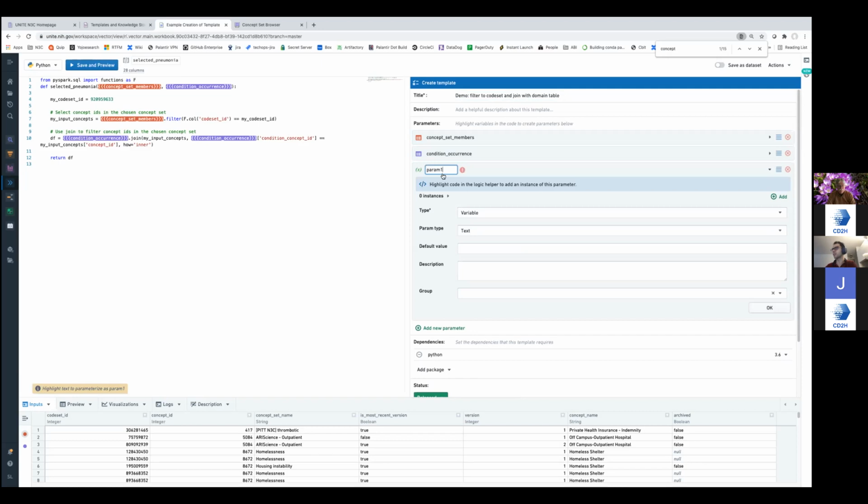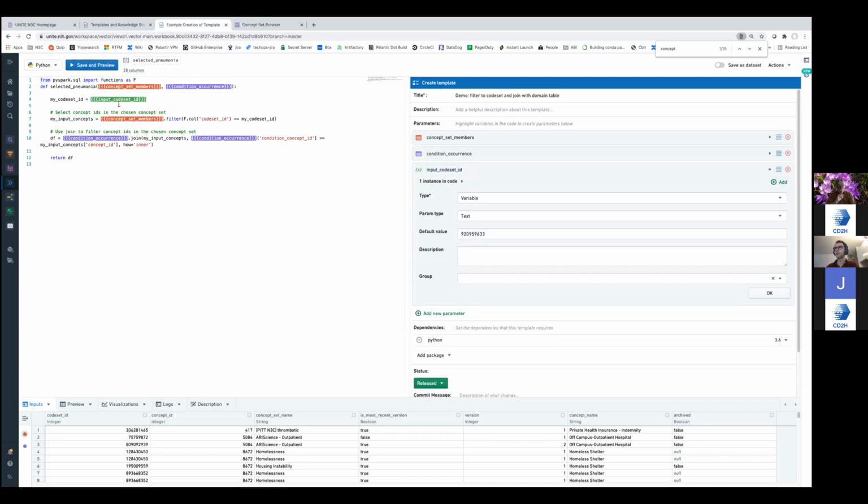So in order to do that, I'm going to click add parameter, and let's give it a name such as input code set ID. So this is going to be my other parameter for this template. And right now that I've defined this parameter, I need to refer to it in the code. If I double click on the place where I want the hard-coded value to be replaced by that parameter, it will automatically replace that hard-coded value with whatever value